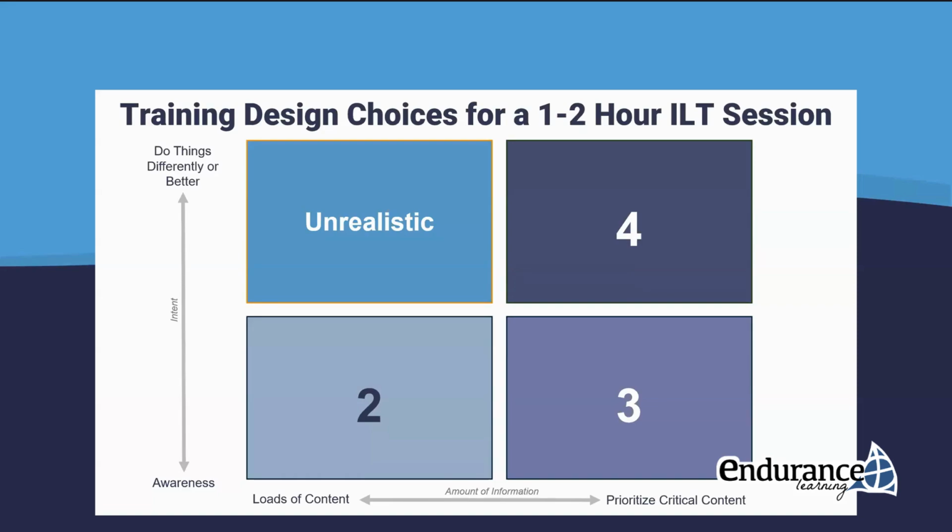And sometimes that thing that has to give is, okay, maybe we have all this content, but maybe we don't need people to do things new or differently or better. We'll take the activities out. We just want them to be aware of some of this information. And that gets us to quadrant two, which is we're basically just checking the box. And you've probably experienced this kind of training. Perhaps you're even asked to put this training together.